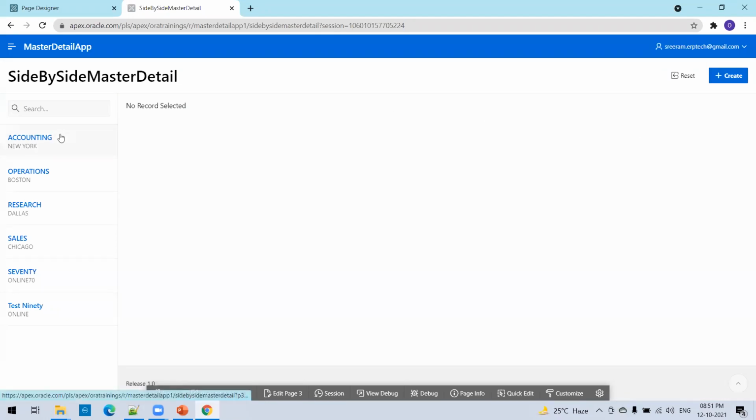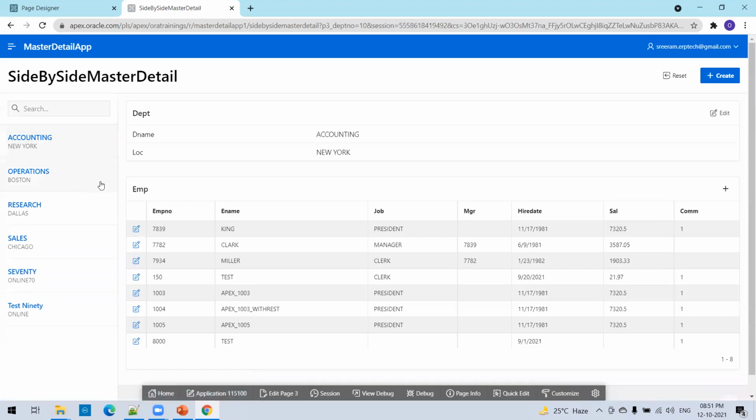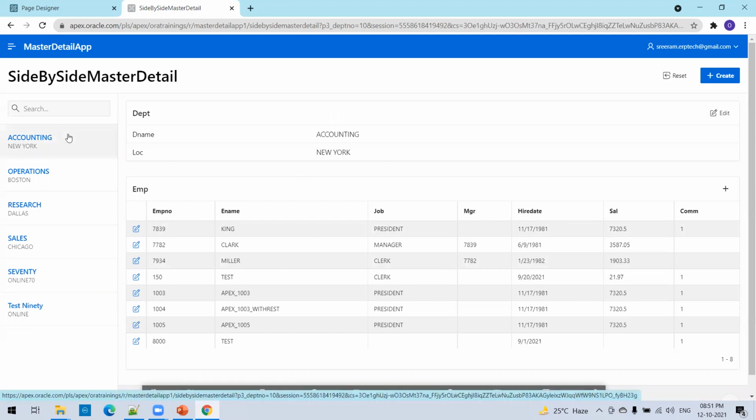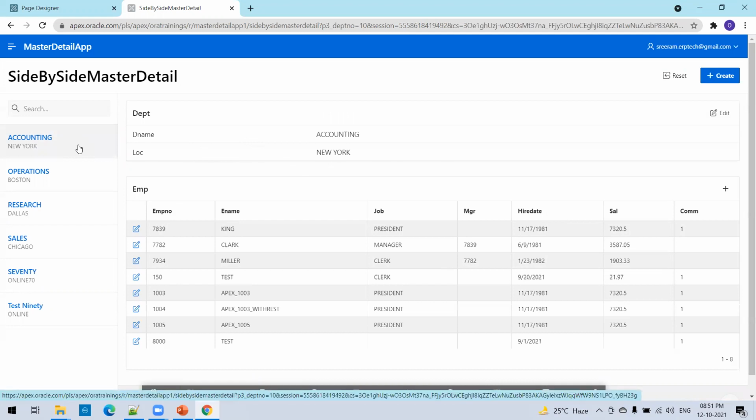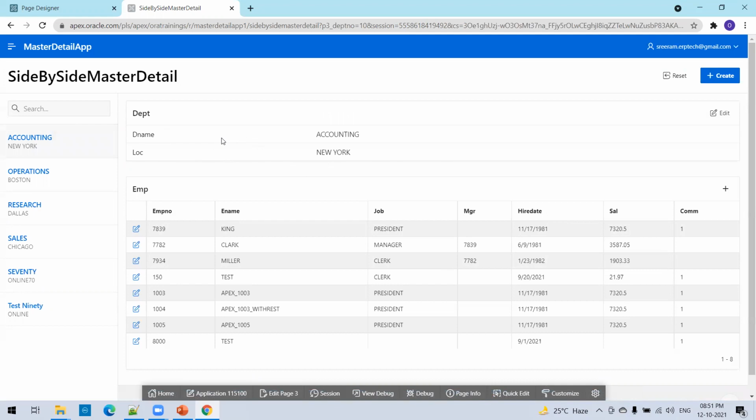And this left side one, what you're seeing is the master data, right? And the right side, what you're seeing is the master plus child data. Nothing but here, if you observe, it shows accounting New York, and of course, like in a different format. And now it shows a clear format, right? Let us say if it is having more columns, you should be able to see more columns. But this DBT was having only 3 columns. One is the primary key, which is hidden, and the remaining columns are displayed here.